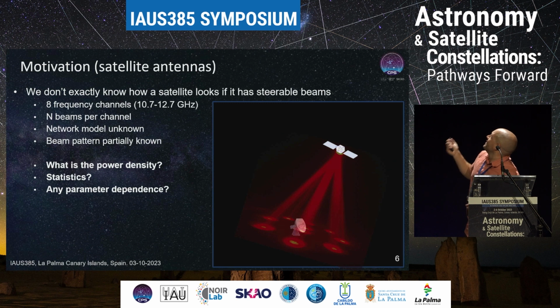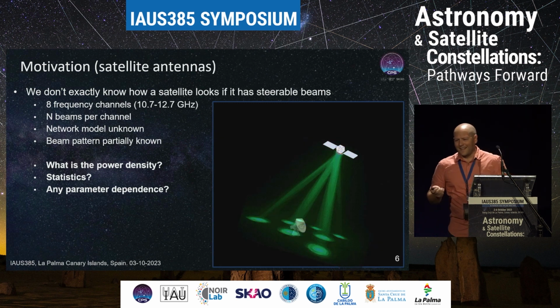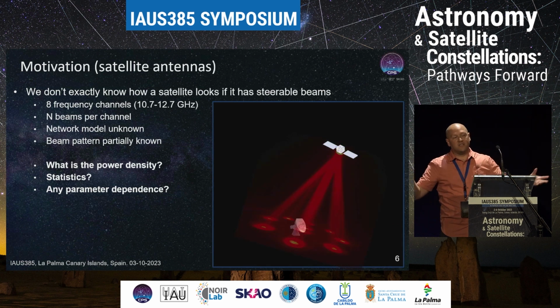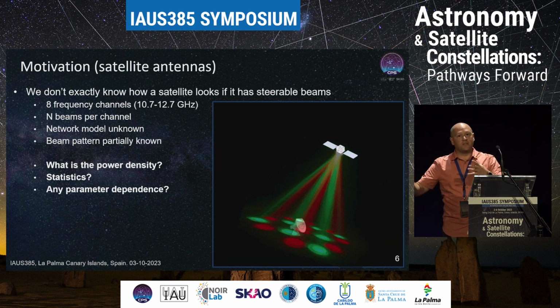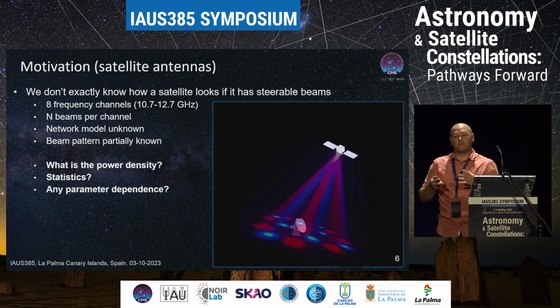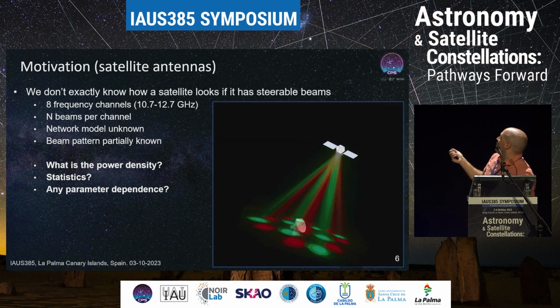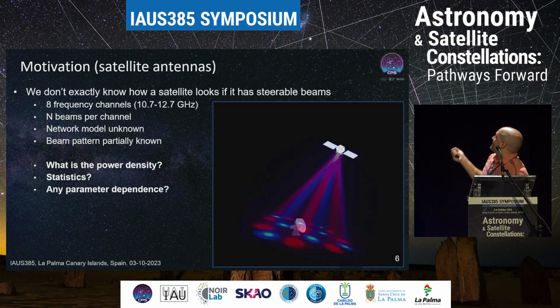You see in this very nice animation there that the satellite can produce 4, 8, 16 beams, and that will change how much power you will see from the satellite, and it also will change depending on where you are and where the satellite is beaming at,